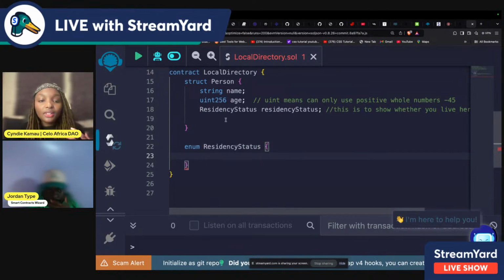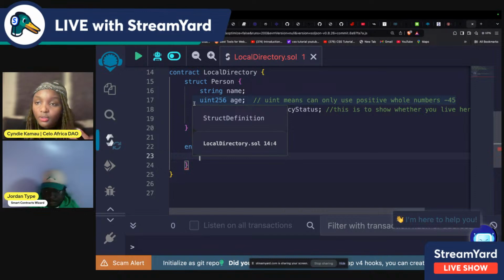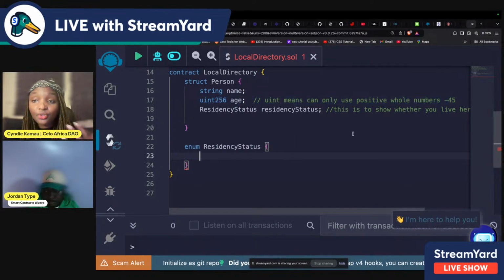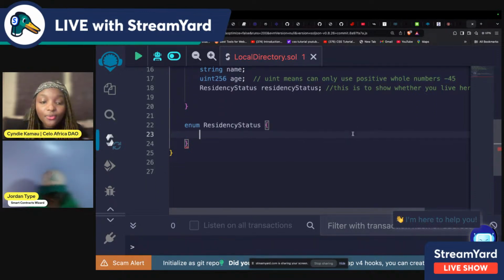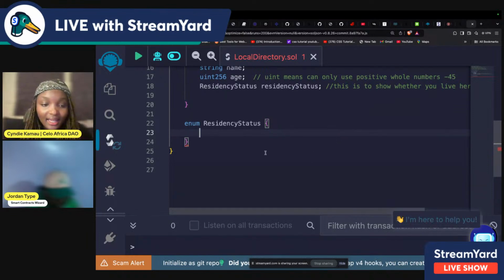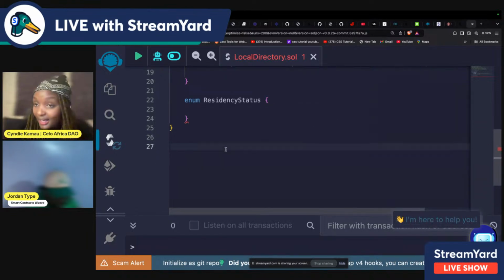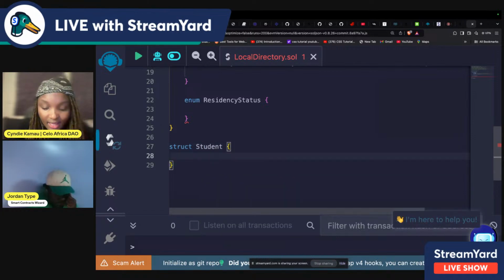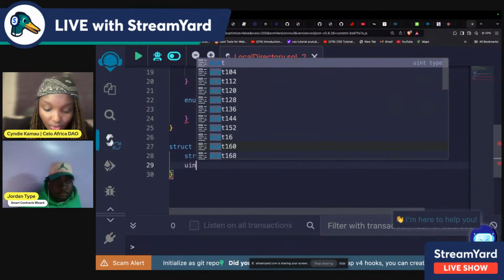So remember, like I was saying, a struct holds data which is related to each other. What if you wanted to hold data which someone only has one choice? Example, let me look for a quick example. Let's just do this here, right? Let's say student, you're a student, right? And then we take your name, and then we take your